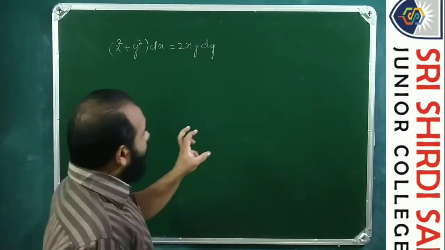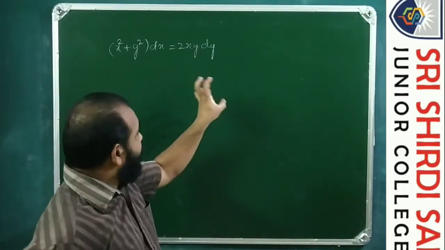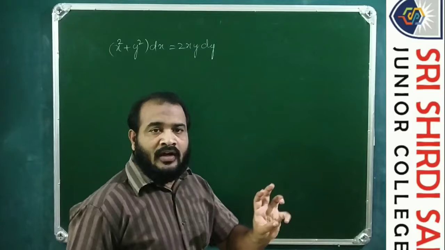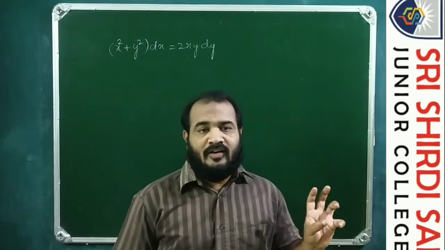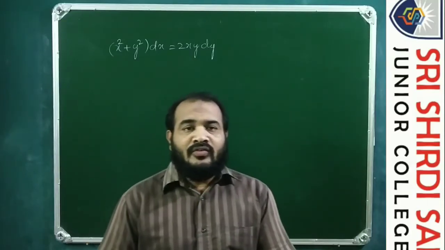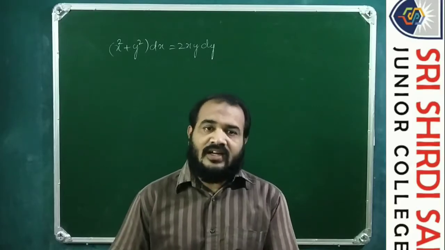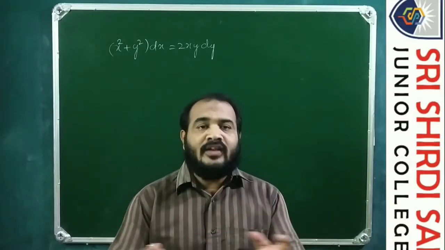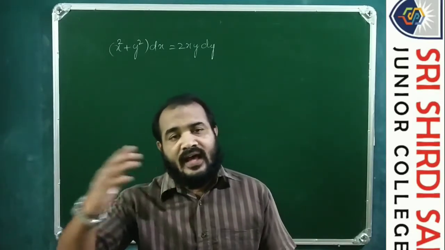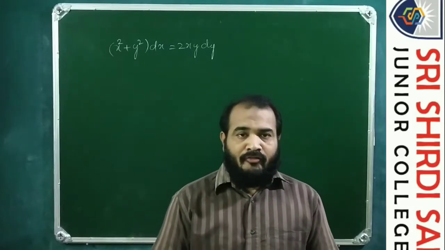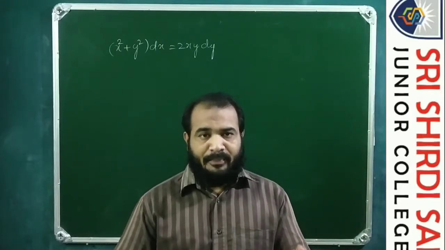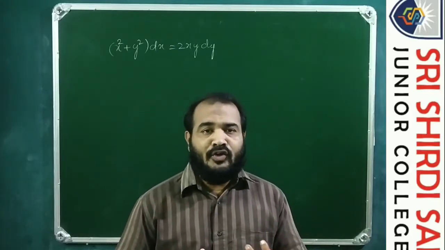If you are given a question like this in the examination, then automatically, very first, we come to the first method, the variable separable method. What does this variable separable method tell? As the name itself suggests, we have to separate the variables. The variables are x and y, so x on one side and y on the other side of the equals symbol. If we succeed in making this separation, then the variable separable method will be used.